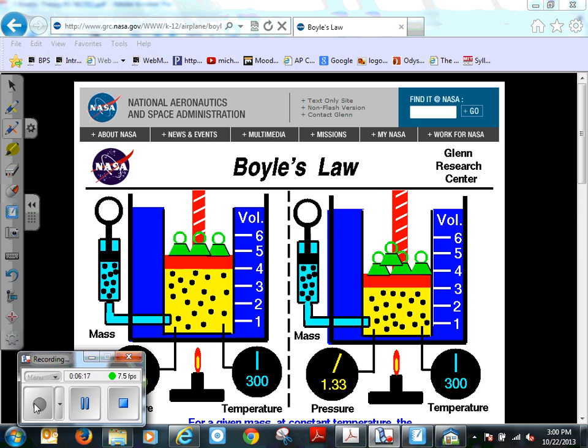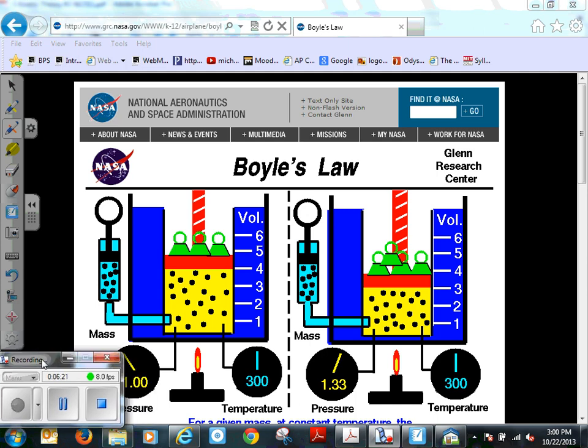Okay, so this little website here is a good one to look at, because we can see right here in this first picture that there's a lot of space between the particles, and then in the second picture over here, there's less space. And so it's not that hard to compress gas because it's so spaced out the way it is. But I want you to notice here,